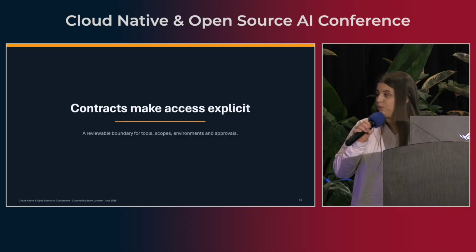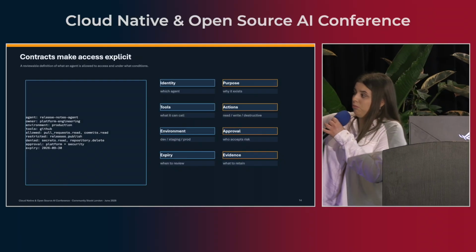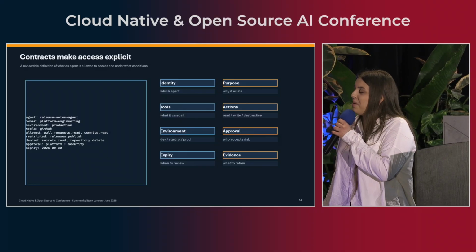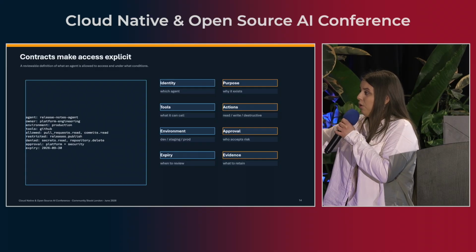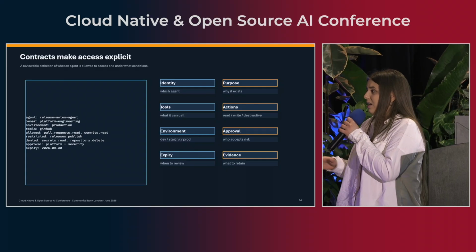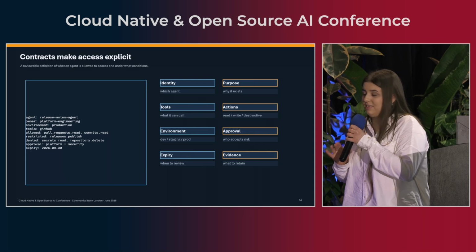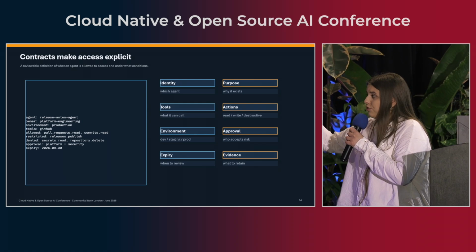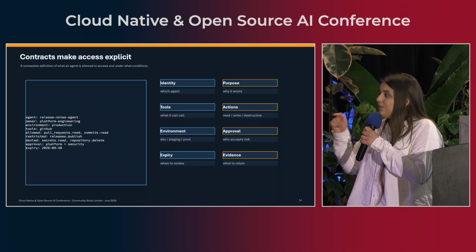So yes, we need an explicit contract with the agents, because we need a way to control them. The boundaries, the scopes, the environments that you want to use, you gotta be really careful with the approval model for them. So this is an example that I wanted to show today, because this is the typical definition of the roles, the scopes, the things that we need as engineers to define at the bare minimum. We want identities, we want actions, environments in there, but we need to have evidence for each.